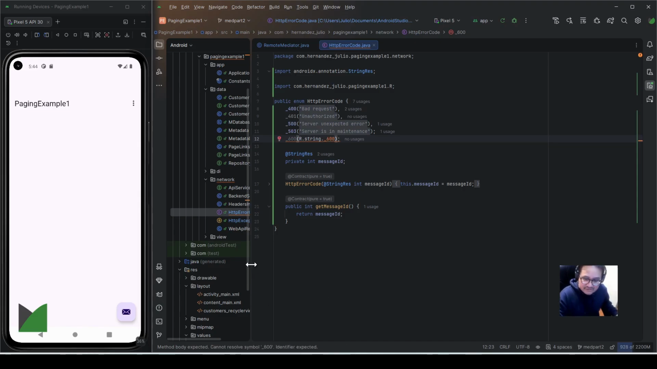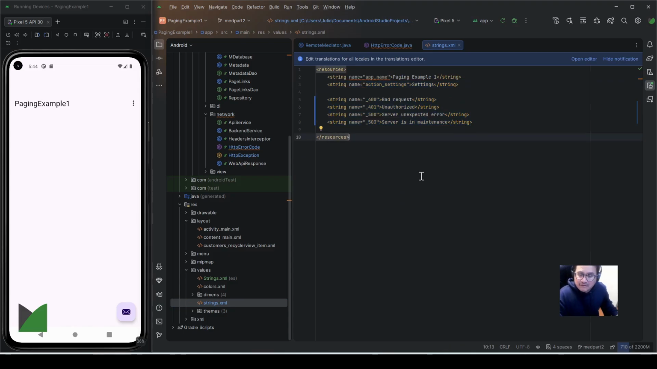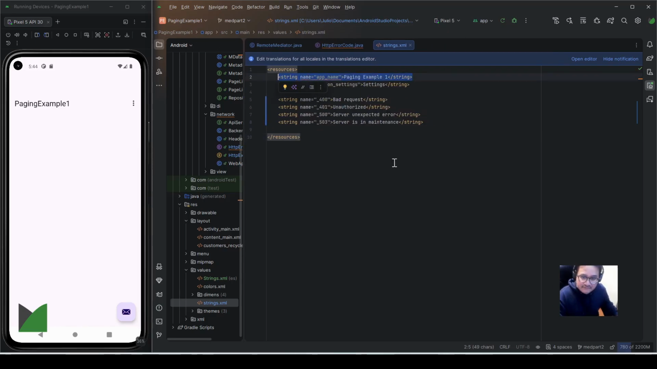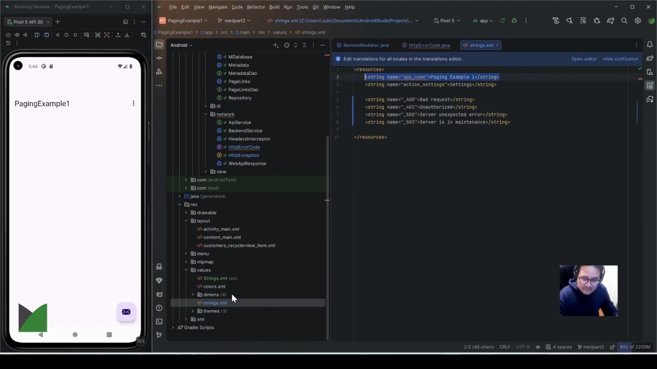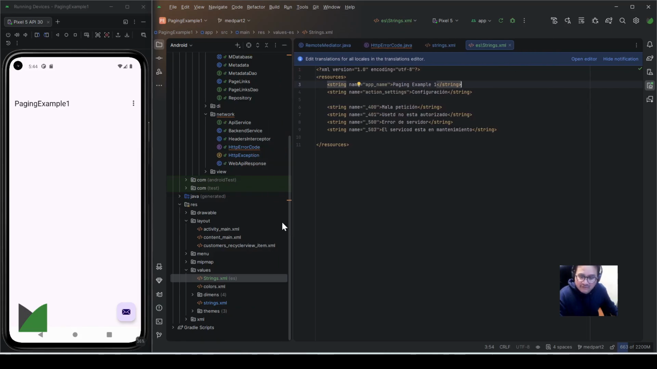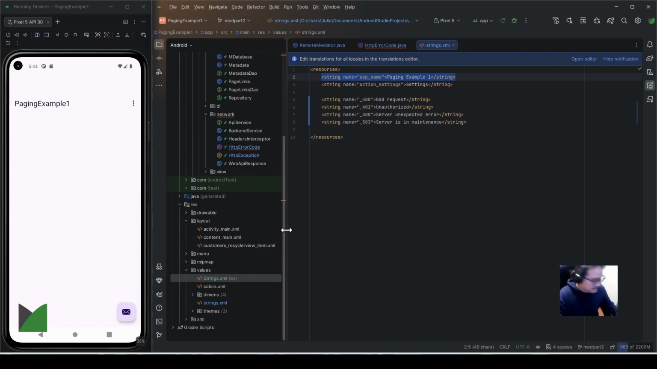And now I need to add this string here. In the app name, there's an error here. It's not translated in Spanish, because the Spanish here and here, paging example 1, the name is the same for full versions. So here